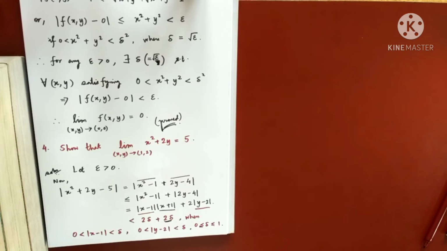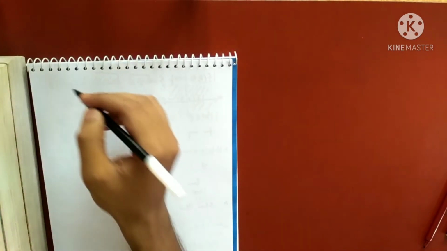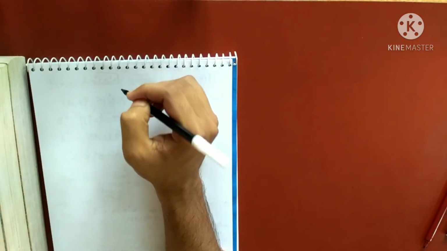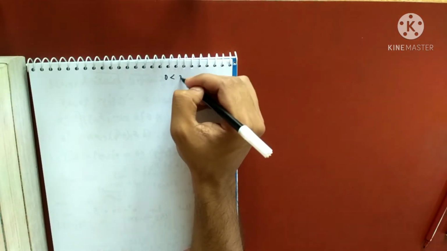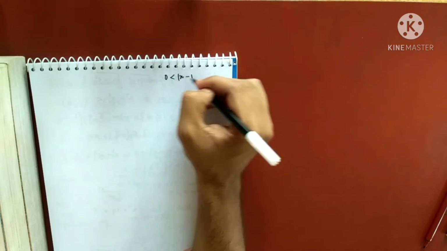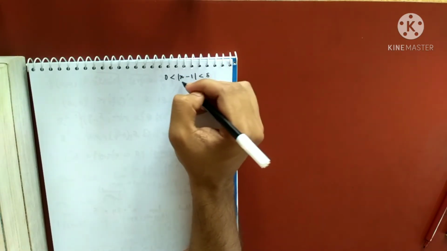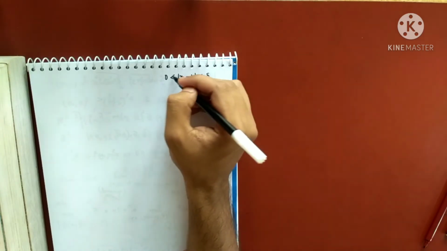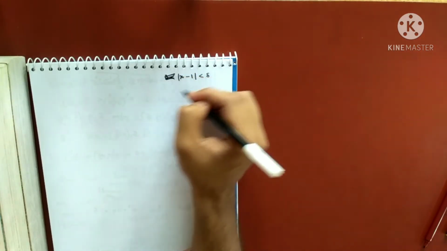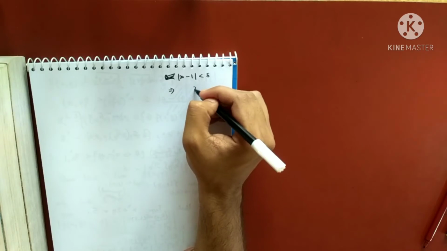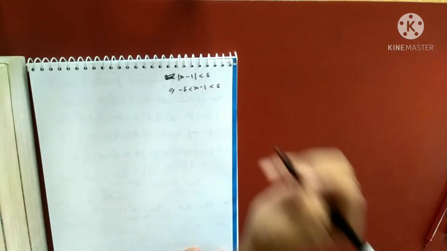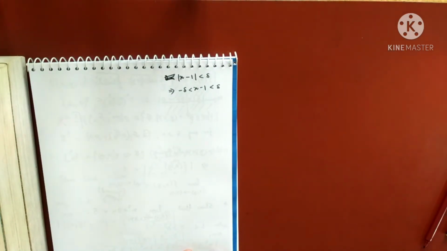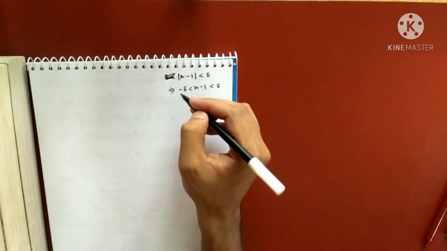So let me proceed. You see here what I am assuming. This is just for the explanation of why x plus 1 is less than 2. What I am assuming is that 0 is less than x minus 1, which is less than delta. So, just forget about this one. Just take this: mod x less than delta means x is less than delta but greater than minus delta. This is the definition of mod x less than delta. So, whenever mod x is less than delta, x is less than delta and greater than minus delta.